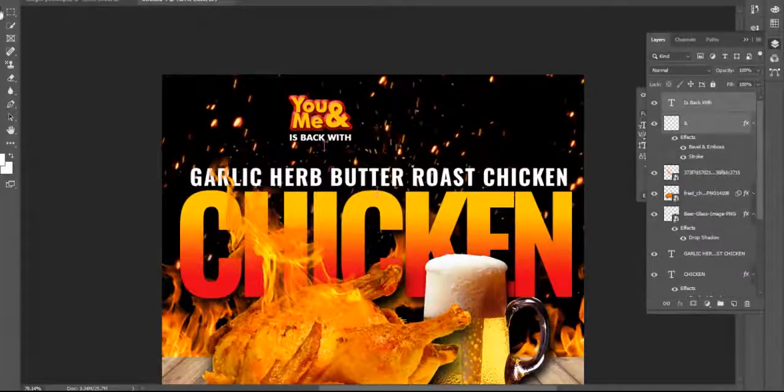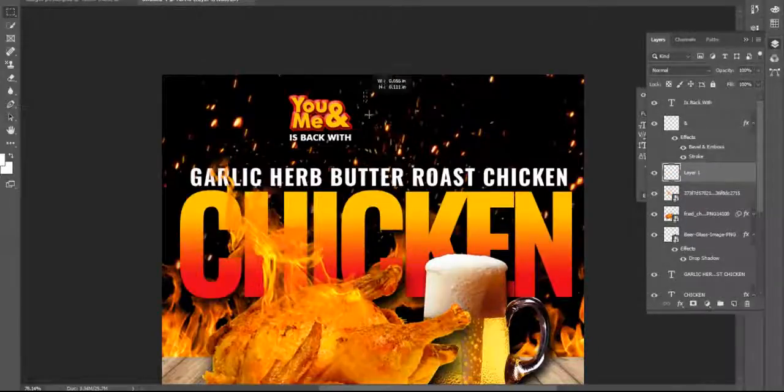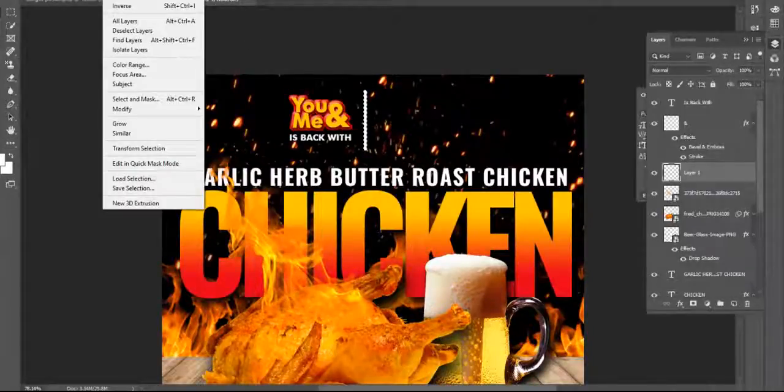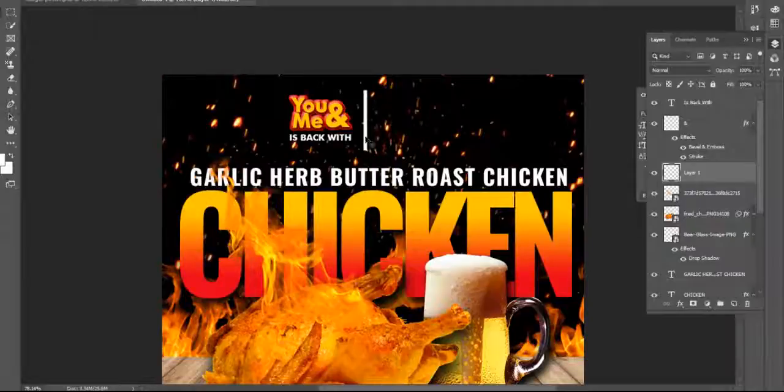I just place it here and I want to make a rectangle. I just create a new layer. I make a rectangle here and I want to fill it with white color. So for that I go to the paint bucket tool and my foreground color is white, and I just click here to fill the color. And to remove the selection, go to the Select menu and press Deselect. Or you can use Control plus D. That's so easy. Look, yes, Photoshop is so easy.